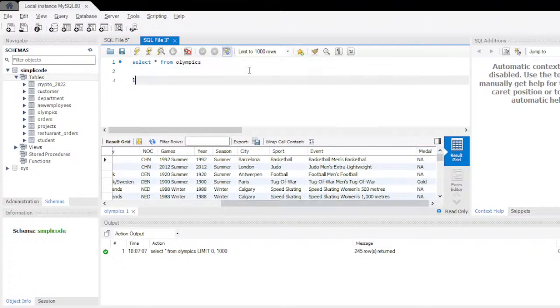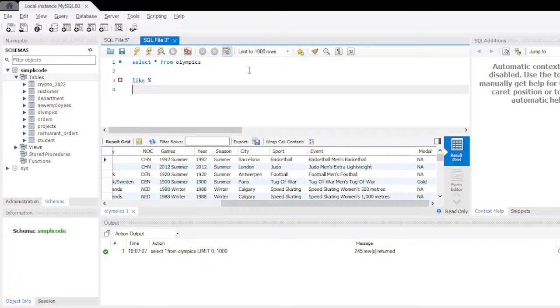So firstly, let us discuss some examples using the LIKE percentage operator, guys. As we discussed earlier, the LIKE percentage operator basically returns values having certain patterns that we've mentioned in the condition in our query. So let me just take a first example here and we'll see how it gets executed. Now let's say I want to fetch details of all the athletes who have participated in the Olympic Games